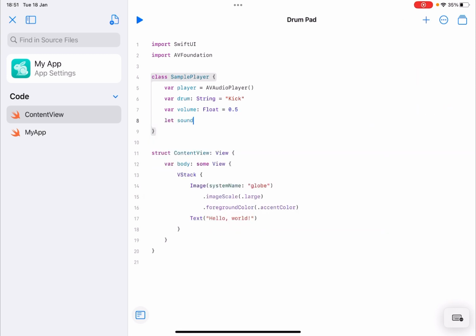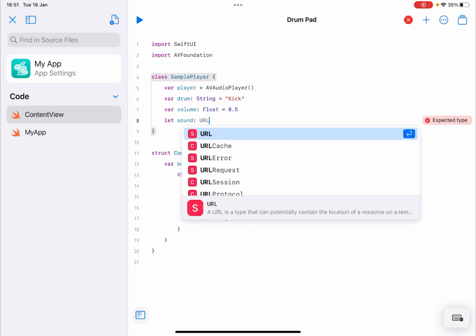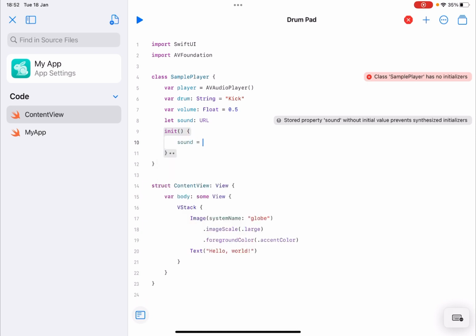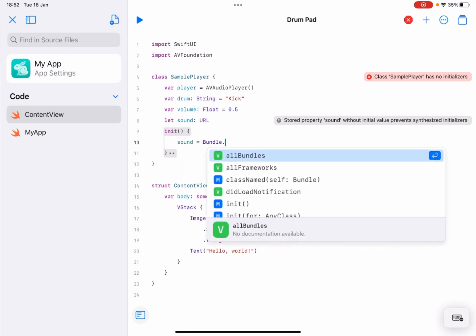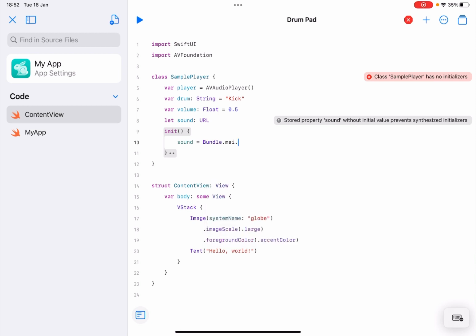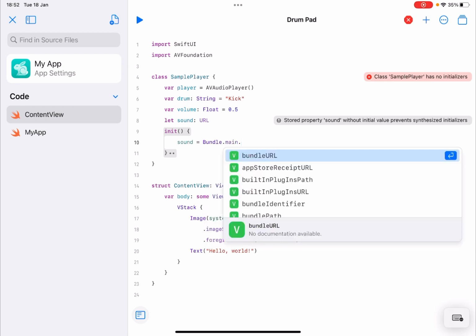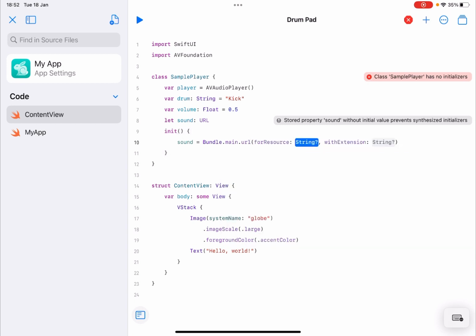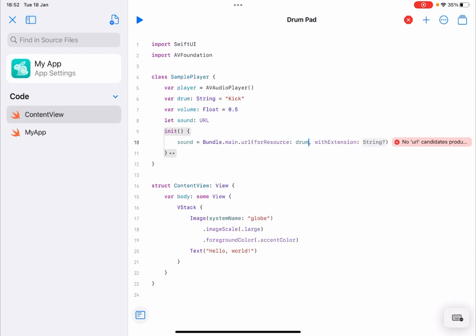Then I'm going to declare a constant called sound of type URL, which will contain the bundle URL for the sound that I want to play. So I'm going to call the init constructor like so, and I'm going to call the Bundle class, the main one, main like so, and then I'm going to call for the URL, and then I'm going to select this version here, and for resource it will be my drum variable, which I defined up here, called kick in this case,